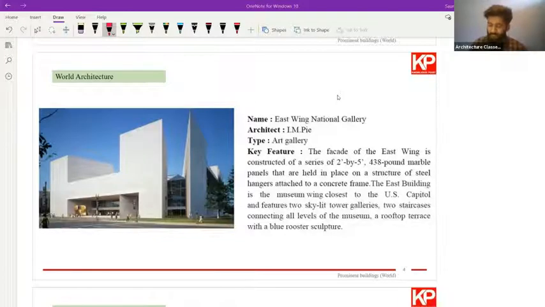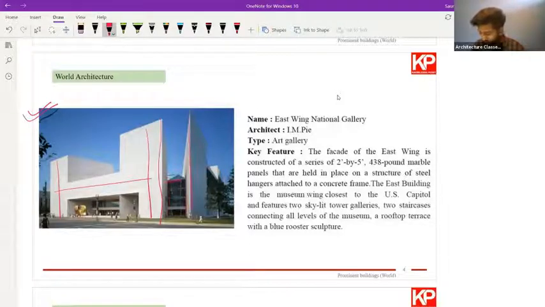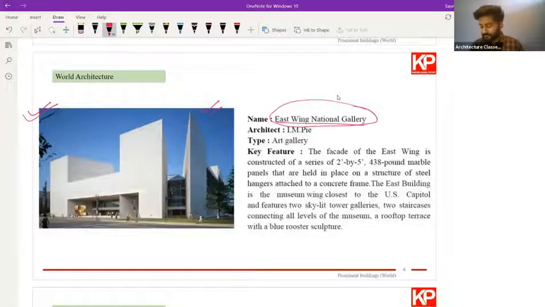So this is the first slide. What you need to do for preparing for your exam is to try to memorize this picture. Look at the form of this. You can think of having this big H on this side, or this frame having this small glass structure in between like this. And the name is East Wing, National Gallery. You should be able to recall the name of this building just by looking at the image, so when you first see this image, try to remember it by the form you identify.